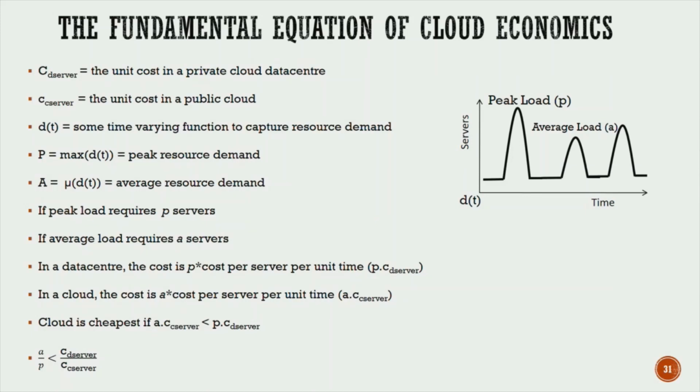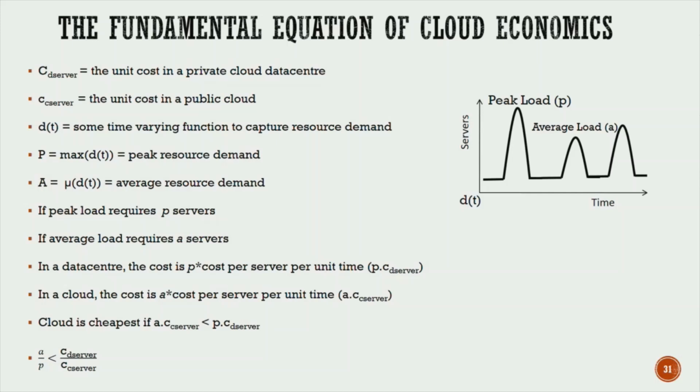Based on that, the assumption is that over a period of time, because of dynamic elasticity, you always end up running the average load on the cloud. So you only pay for the average infrastructure, as compared to the peak on the data center, because you have to provision for the peak workload. And if your average cloud cost is less than peak, then you can still choose the public cloud to run your application. So if you know this equation, you can always compute when the cloud is cheapest and when the data center is cheapest.